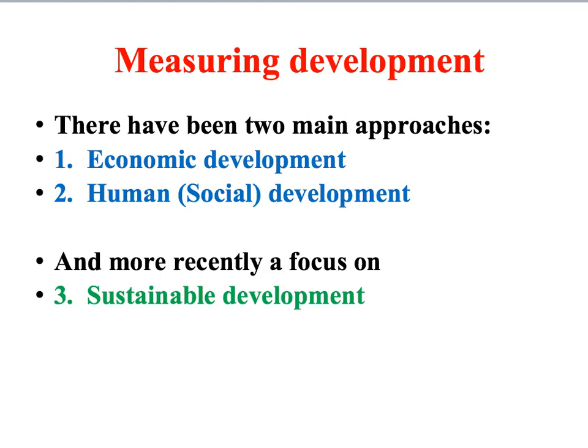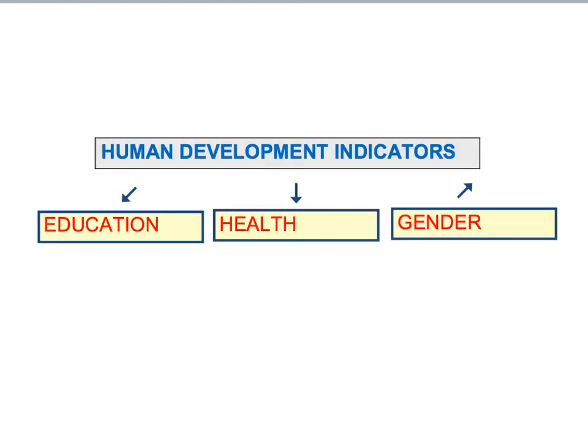In other words, there needs to be more focus on the actual day-to-day experiences of populations and the opportunities open to them. So human measures of development, what we also call social development, focus on things like education,